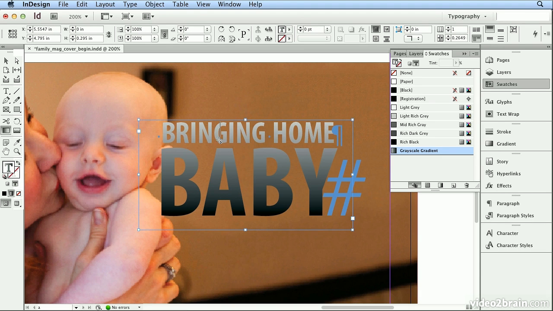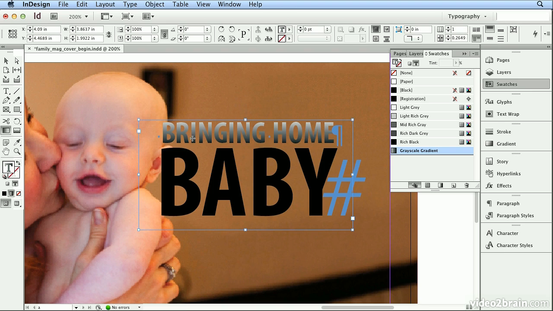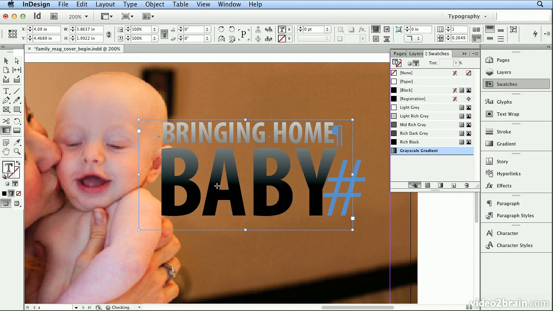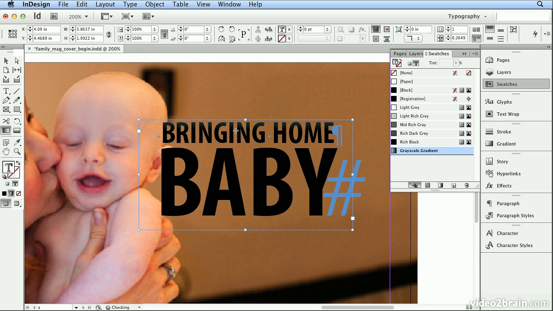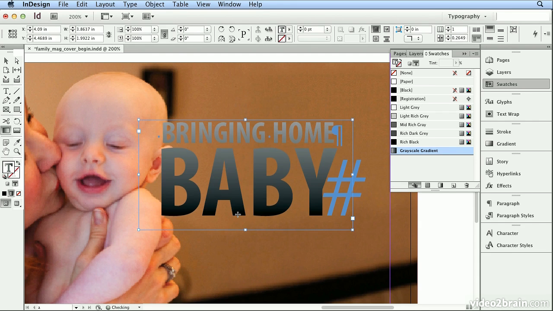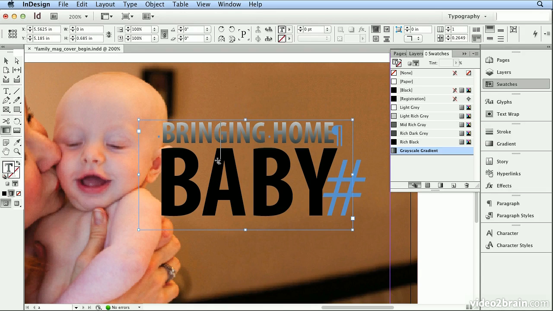A very short drag just over the word "bringing" will fill the light to dark in just the text on the top. The longer you drag down, the more shades of gray you get. So you can keep resetting this over and over again by even starting much higher and dragging down here, or dragging much lower. I'm going to cover just a little bit into the top of the word "baby," holding down my Shift key, and I want a little bit of the light color to show in the top of the